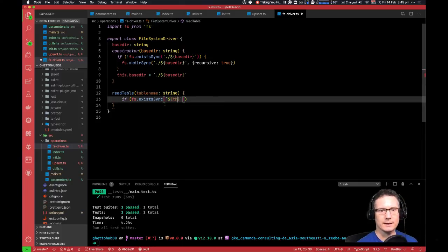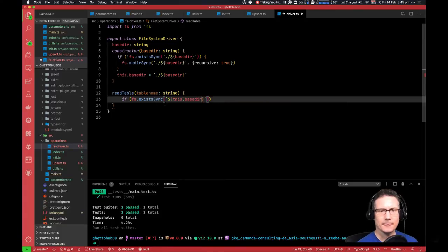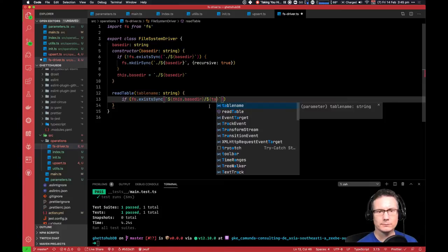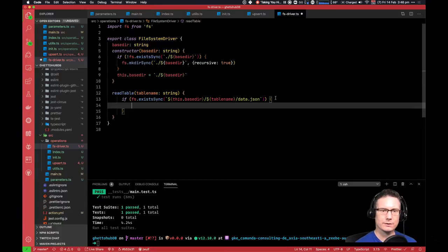Okay, this dot base directory, and then the way we'll do it is we'll go table name, and then we'll just put it in a folder called data.json in there. That's how this works. Okay, now if that exists, then we'll return